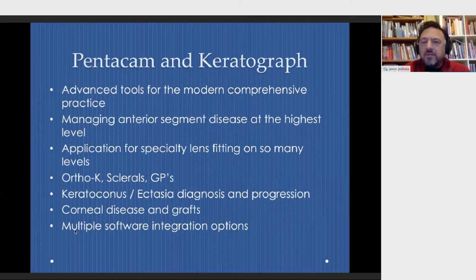So again, just to summarize between these two instruments, when it comes to the capability of the different things that you can do with both of the instruments, be it the Keratograph and the imaging and the dry eye, etc., whether it's the Pentacam and the exquisite posterior corneal curvature information it gives you in the way that you can detect ocular disease so effectively and accurately. You're really managing anterior segment disease at the highest level with either of these instruments. The applications for specialty lens fitting are just scratching the surface. I mean, they're already there, but